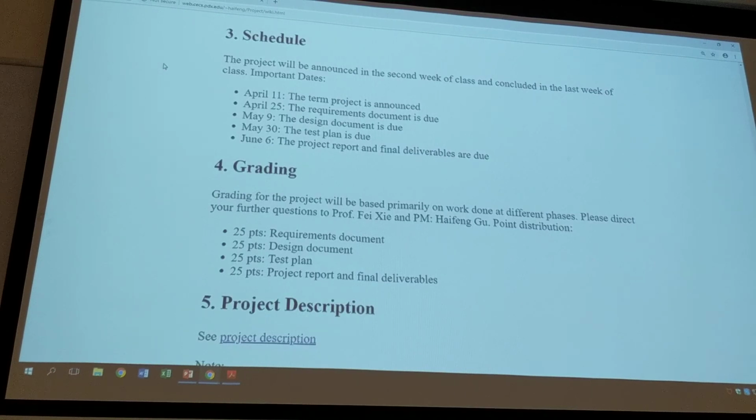Your schedule says that the requirements document is due on the 25th, but the syllabus says it's due on the 23rd. This is according to the schedule published here. So essentially, the syllabus is the very beginning, and we will make small adjustments as we go, right? So go by the project web page and homework web page. Also certainly we'll set up the D2L. If D2L has some discrepancy with anything published on our website, let us know. We'll make sure it's consistent.